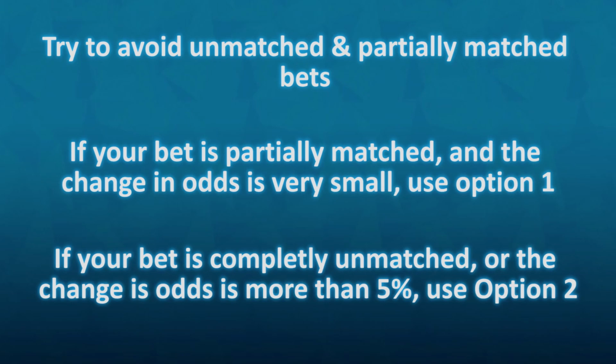Recalculating your position may take a little longer, but it's the best method for those people who do not like risk. Option 1 is much easier and faster, and in some ways safer too, so long as the odds change is very small. It just means that if the bet does win at the bookie, then you might be a few extra pence worse off. While if it does win at the exchange, then there's going to be no difference to what it was before